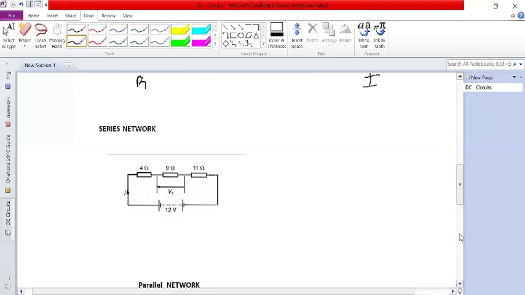So on resistor networks, we're going to start by looking at the series network. So on the series network, the total resistance